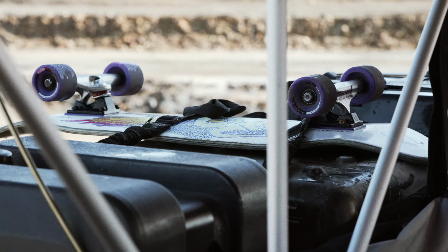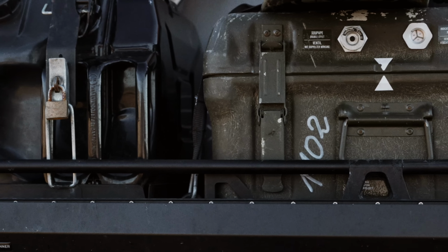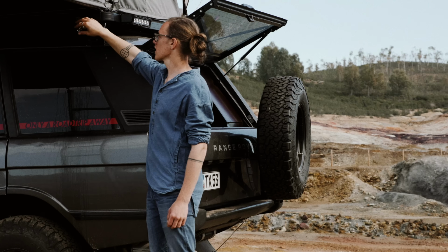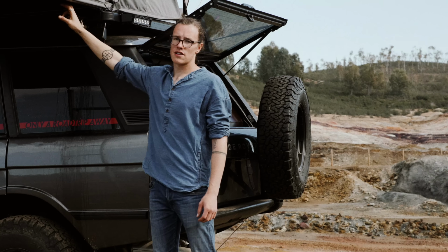Also of importance, we have an extra PVC water jerry can over there, as well as a regular jerry can storage, and this is a water tank, which has a hose attached, which runs all the way to the back of the roof rack and gives you running water underneath the tent and near the kitchen area. Speaking of the kitchen,